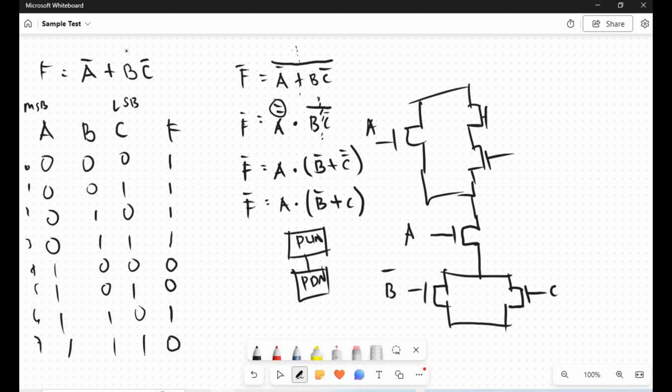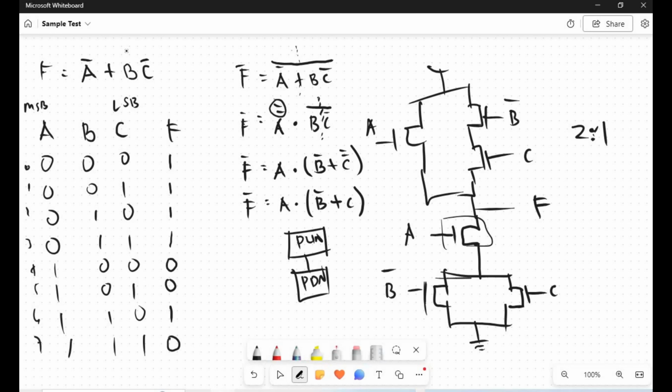So A, not B, and C. So this will be your function. This is your supply. This will be your ground. For the sizing, always use a 2:1 ratio. So if that's the case, since we have two